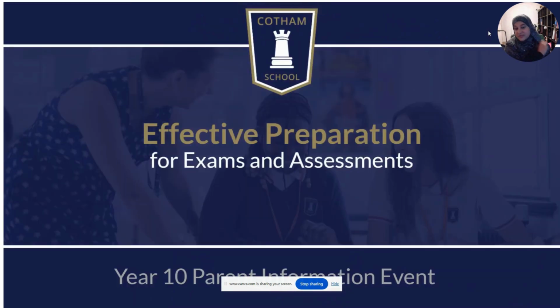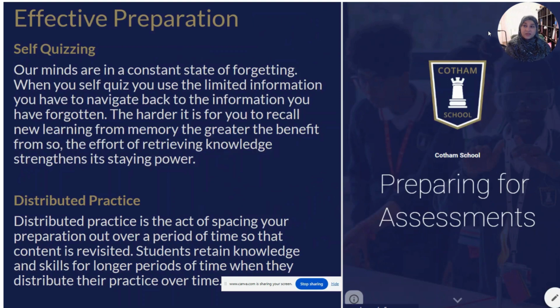Effective preparation for exams and assessments. So the way you can support your child in preparing, there's 2 ways which are really effective and evidence-based. One is self-quizzing. When your child is revising at home, it's best for them to be writing things down, either in the form of a spider diagram or making revision cards or a mind map or Cornell notes, or some form of recording the information that they're learning.